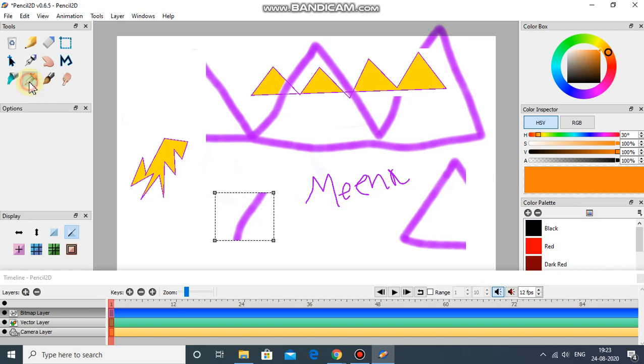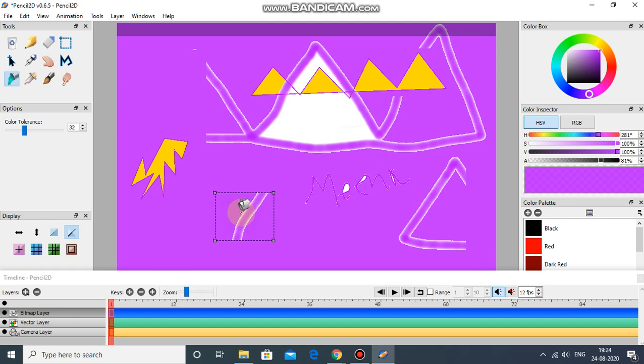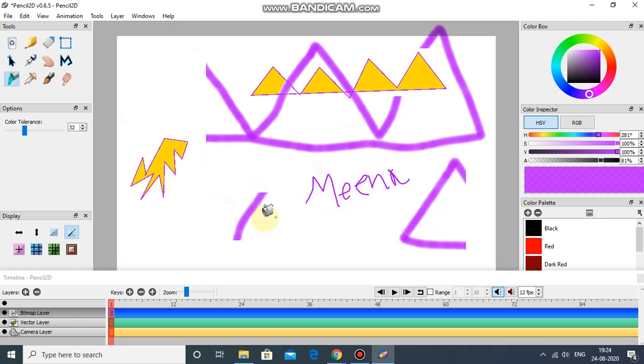So using this tool, we click on the object, we want this color, so we click on the object, now we get the same color. And using paint bucket tool, we can fill the color. Okay, because that object is not the closed one. If I draw something closed, okay, let me draw it using the brush tool. Brush tool, pen tool and pencil tool, all these three tools are freehand drawing tools.